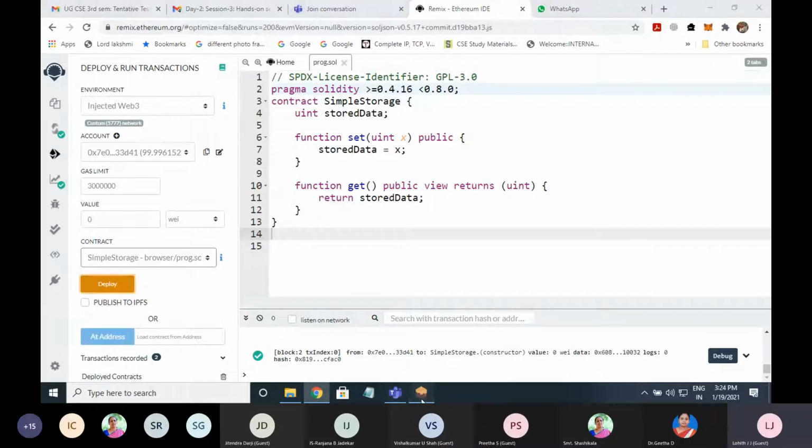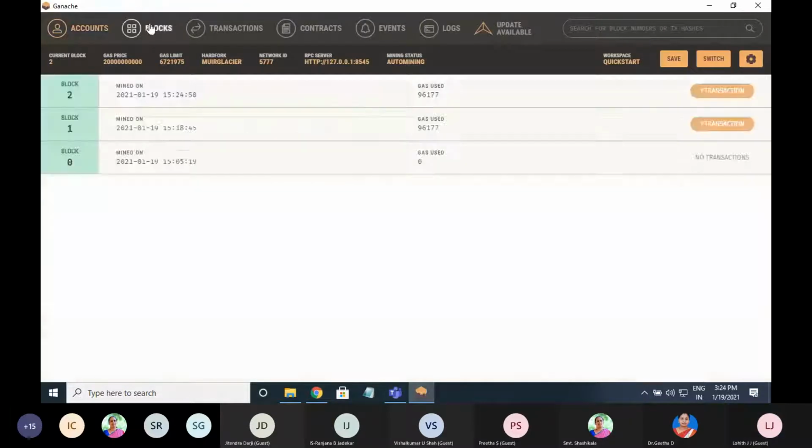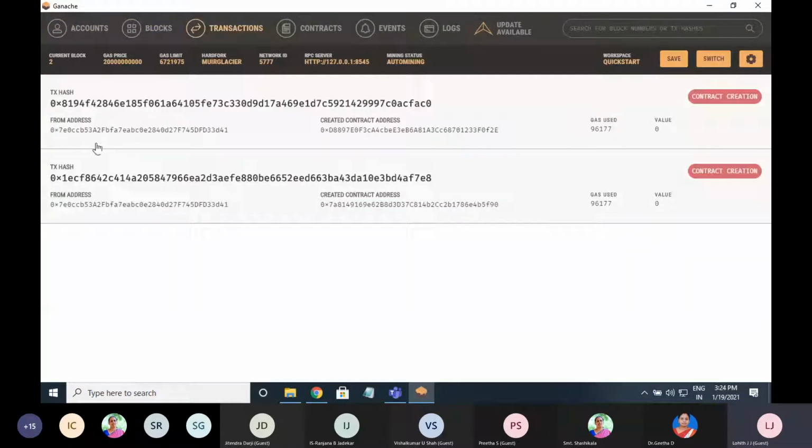Okay, and you can see that one more block is created now with one more transaction from address, created contract address. Now can you see the difference? Two different contract addresses, but the from address is the same.